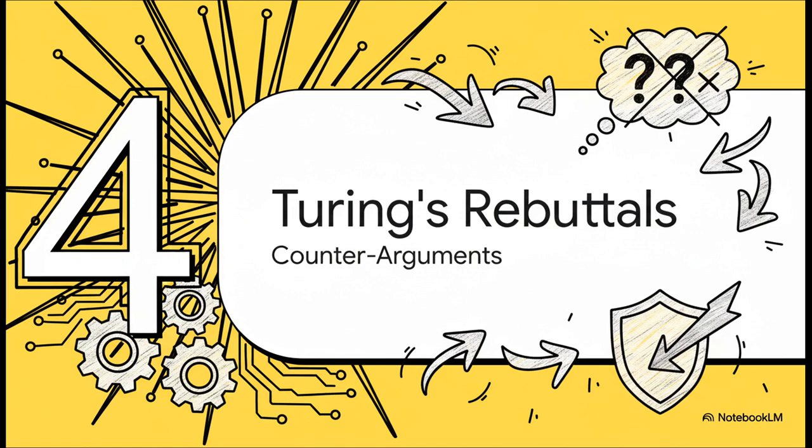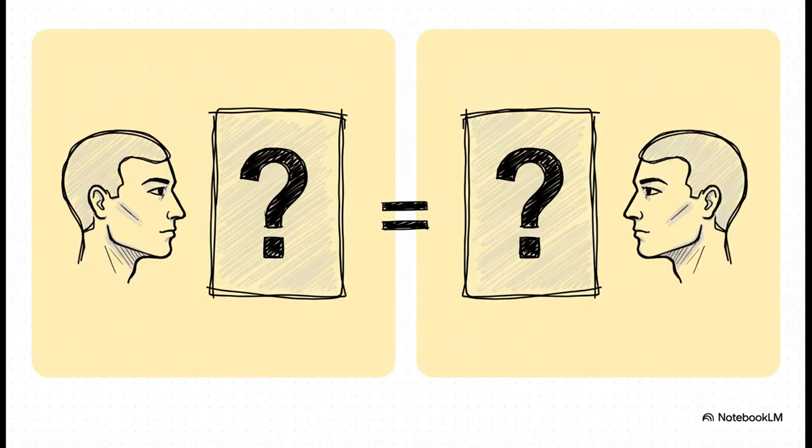This is where the paper really gets exciting. So for that argument from consciousness, Turing's comeback was just devastatingly logical. He said, look, this is an extreme skeptical view. The only way to know for sure that a machine thinks is to literally be the machine. But then he turns it right back on us. How do I know that you think and feel? The only way is to be you. It's an impossible standard, and it's totally unproductive to hold a machine to it if we don't even apply it